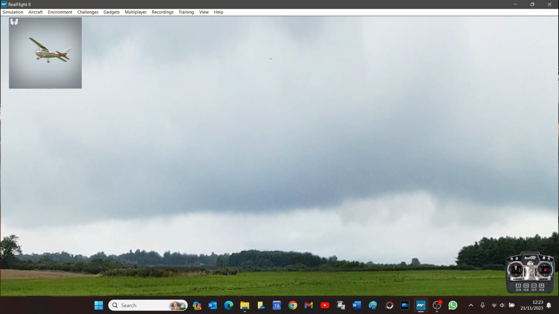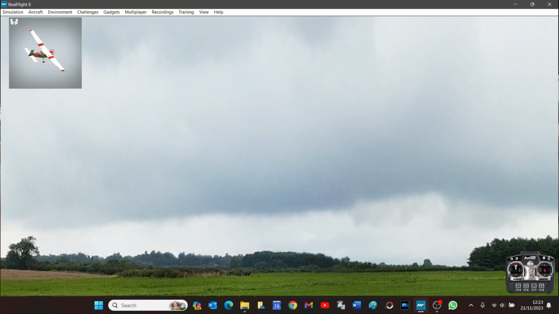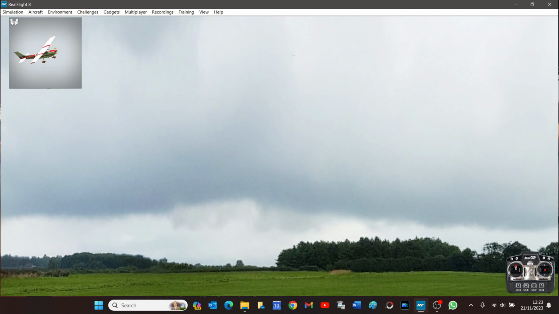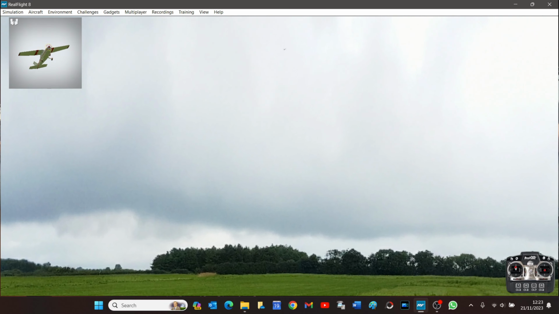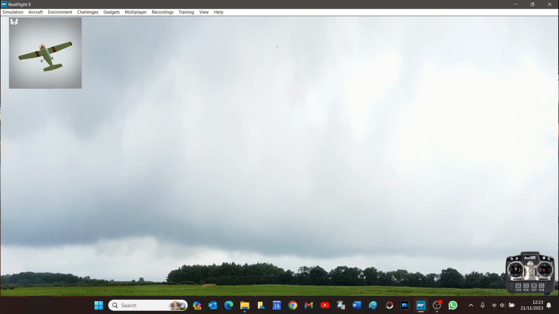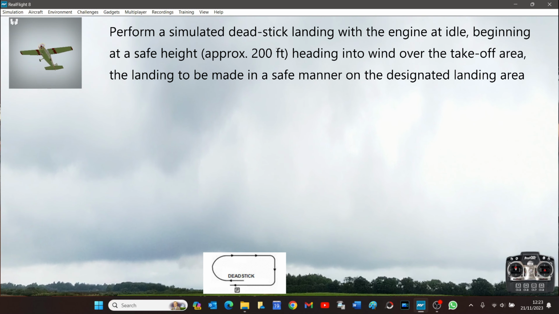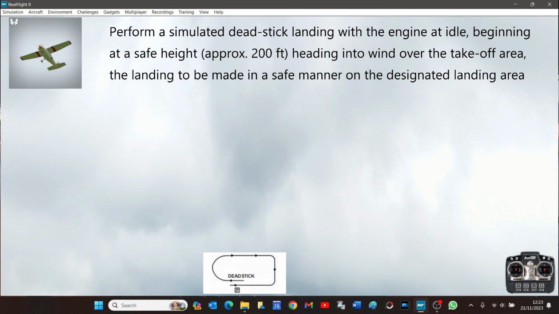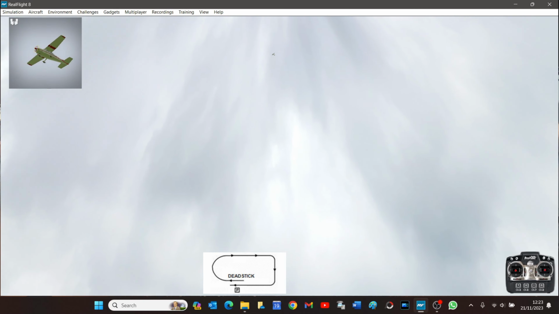So climb the aircraft up nice and gently, take your time to get it into a good position, and we're looking to come over sort of the flying area, takeoff and landing as we did before, a little bit higher this time, so around 200 feet. Don't go too high, otherwise you make yourself difficult because you can't see the model so well, but a couple hundred feet, and the examiner will tell you when to close the throttle,